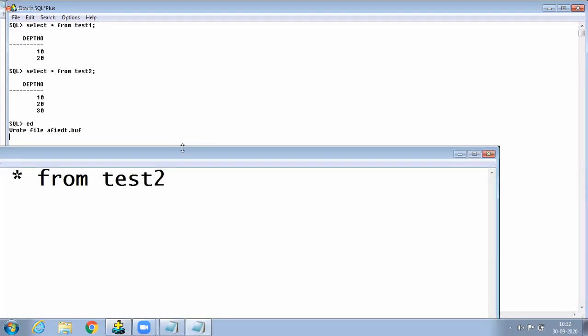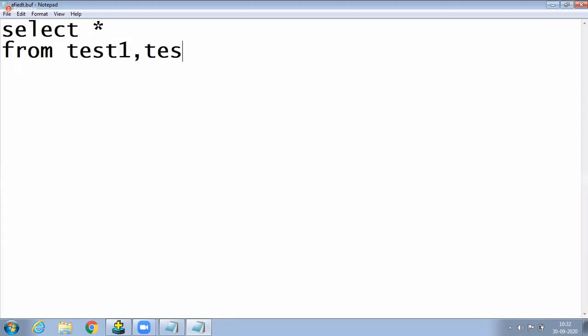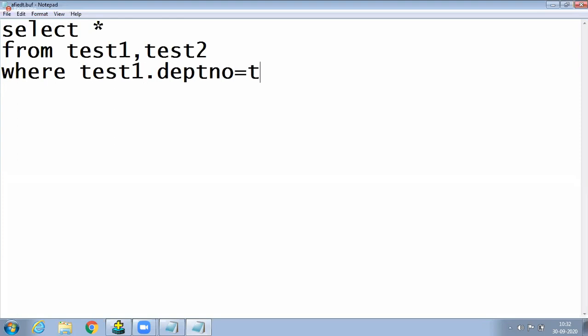With equijoin, select star is also possible. Whenever it is star, there is no ambiguity error, and all columns are displayed. Select star from test1, comma, test2. Here I am writing equijoin first: where test1.department number is equal to test2.department number.